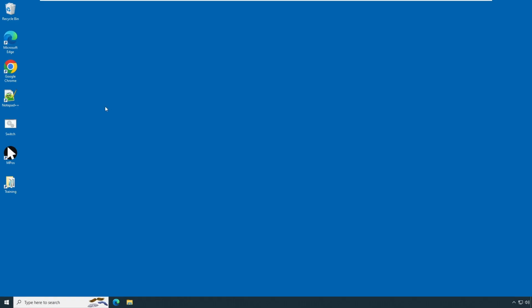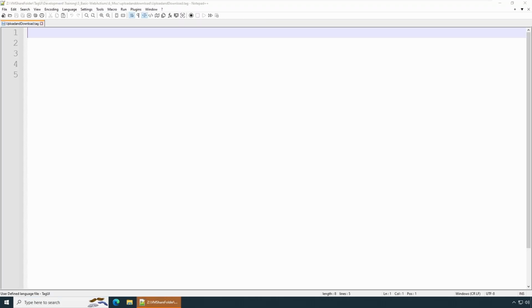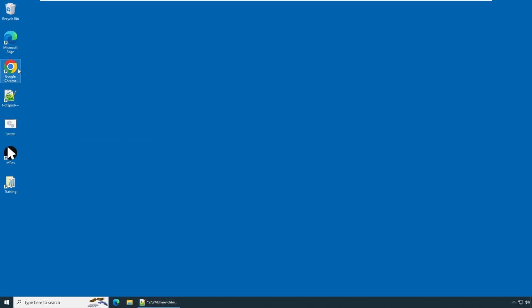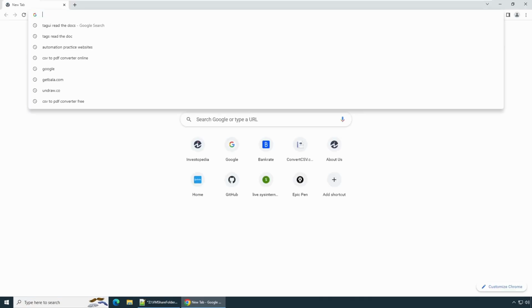Welcome back. To start on the example, launch our Notepad++. I have already created a file which is upload and download TagUI. So let's just get started here. So say example for actions, and that is upload and download too. In this case, we will be seeing an example for a very popular website, which is called